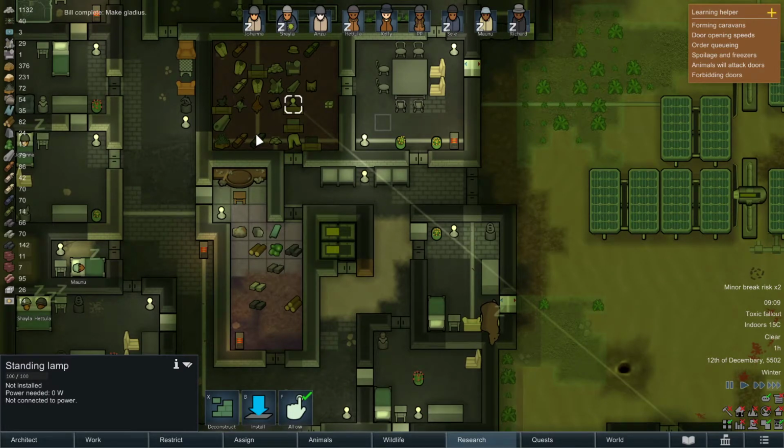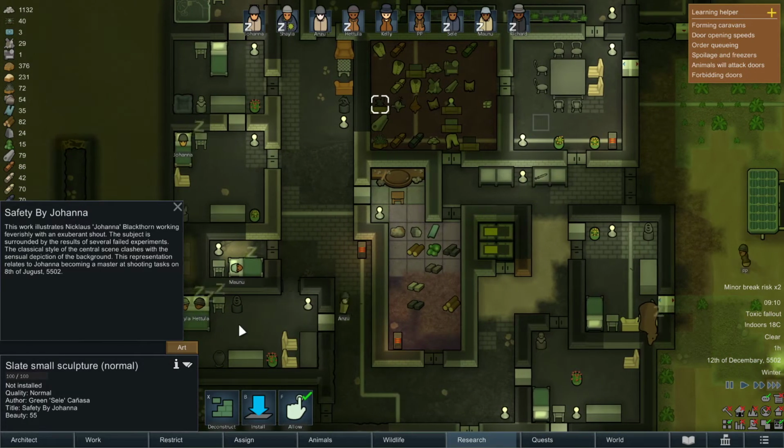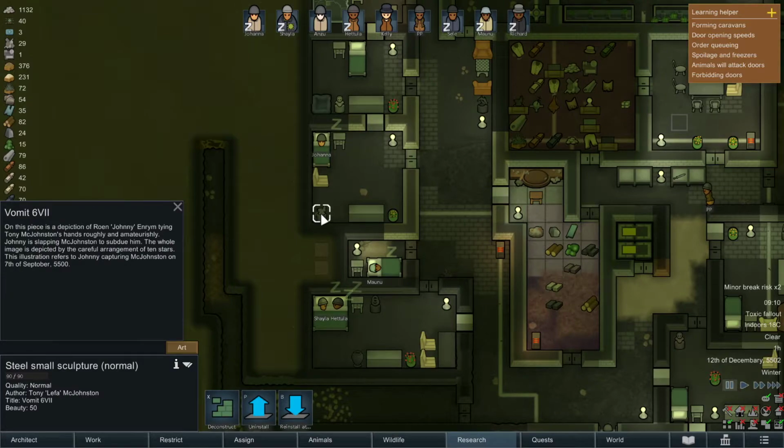Any more art? Has any more art been made? Oh, yes, we have one here. Safety by Johanna. This work illustrates Johanna working feverishly with an exuberant shout. The subject is surrounded by the results of several failed experiments. The classical style of the central scene clashes with the sensual depiction of the background. The representation relates to Johanna becoming a master at shooting tasks. Wow. Well, I mean,